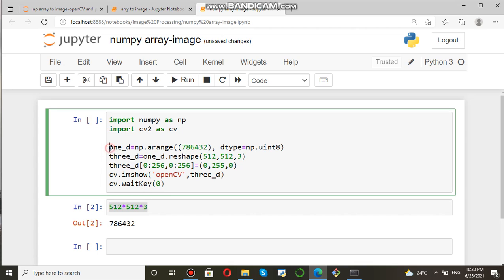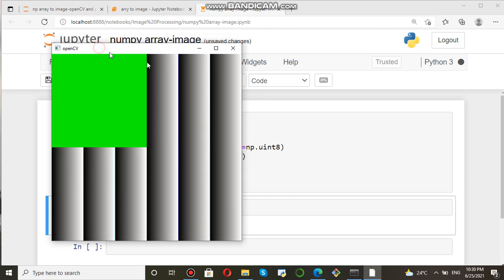Because the arange gives you a one dimensional array. While reshaping we have given x, y, z, so this is 3D. For this variable, we want to put some color on some part of it, that's why I gave slicing for the row and slicing for the column and then color. Now if you run, you can see this is the image, okay.